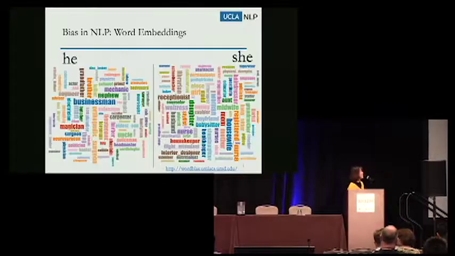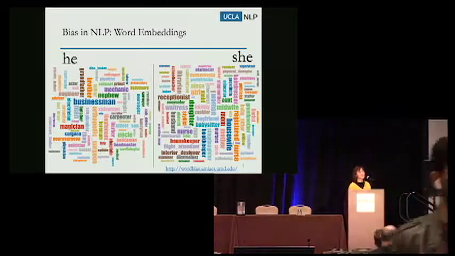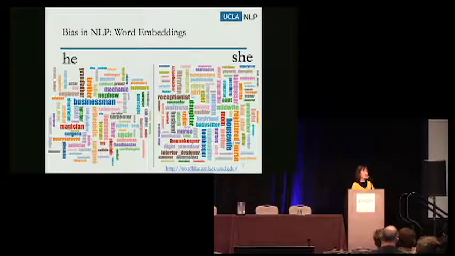Okay. Hello, everyone. I'm Jieyu Zhao from UCLA. Today, I'm going to talk about our work, gender bias in contextualized word embedding. We know that word embedding has already become a fundamental technique in NLP. It maps words with similar meanings to close positions in the embedding space. So the surrounding words could give us a method to analyze the properties of the target word. For example, we can analyze the different occupations for different genders. And here is the result.